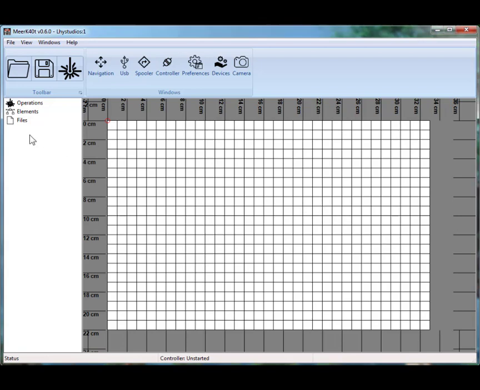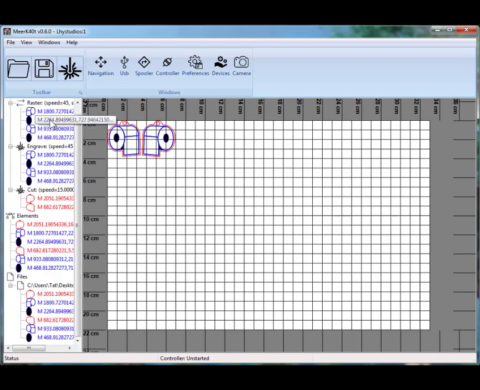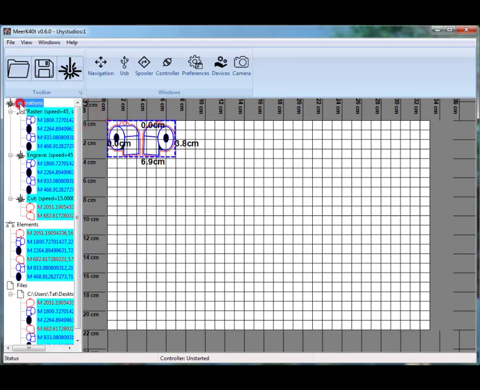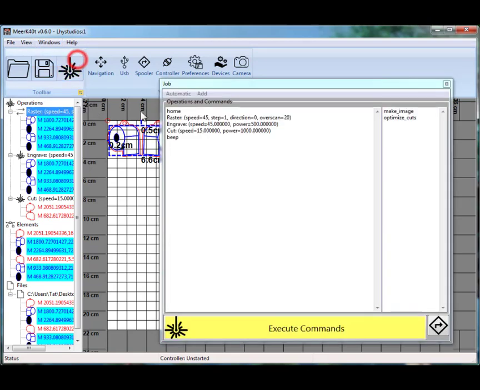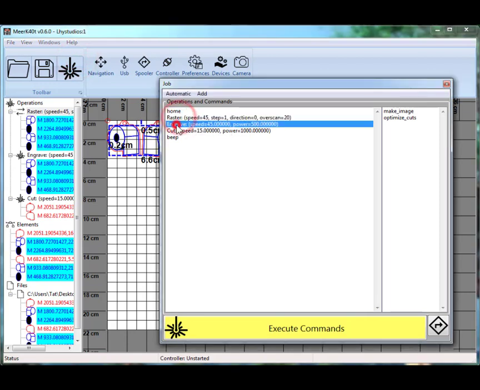Okay, I was asked to do a quick video on the ordering of operations, so let me do that now. The operations will be located here. Raster, engrave, and cut is the default ordering, circa 0.6.0. So when you're here, if you hit this button, it will do each of these